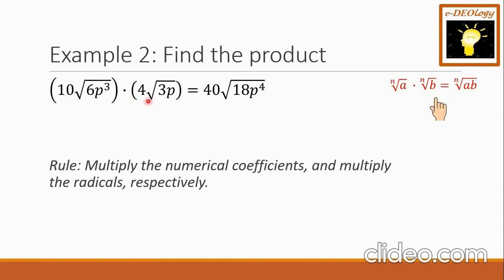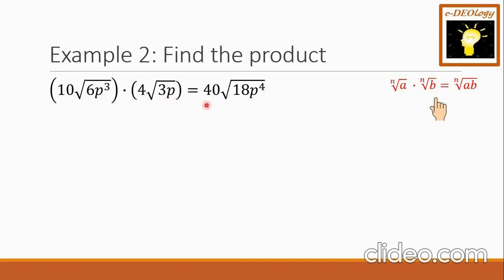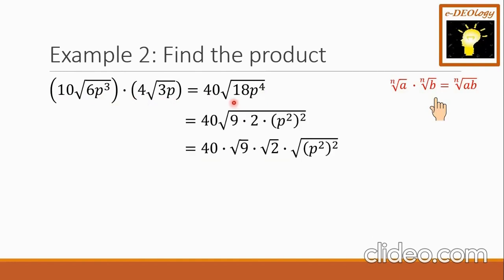So the 6 is multiplied to the 3 becomes 18. The p cubed times the p equals p raised to 4. So this is our answer. But I observe our radical here can still be simplified. So what we'll do, we're going to factor out 18 into two numbers such that one must be a perfect square. So that is